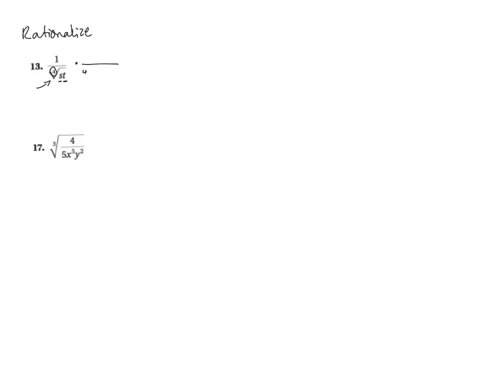So I'm going to multiply both top and bottom by, I've got one s already, so I need another 3. I have one t, I need another 3. If I multiply the bottom by that, I also must multiply the top by that. So on the top, 1 times that is the identity property of multiplication. It won't change it. So s cubed t cubed over, on the bottom, I'll have the fourth root of s